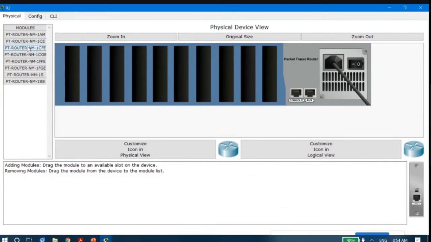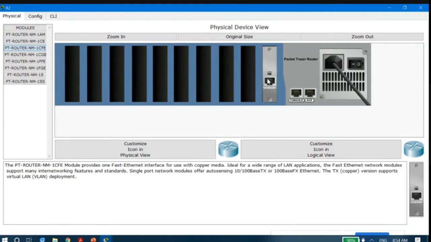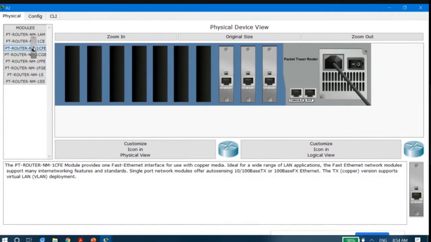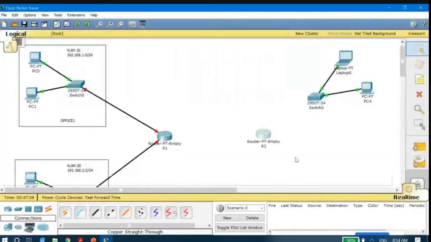I will drag that NM-1CFE card and put them here. I have added fast Ethernet. Once you have added the ports, you could turn it on. Close it.